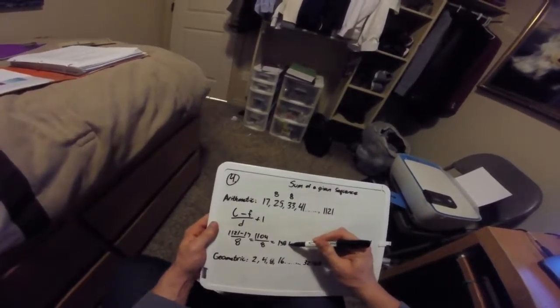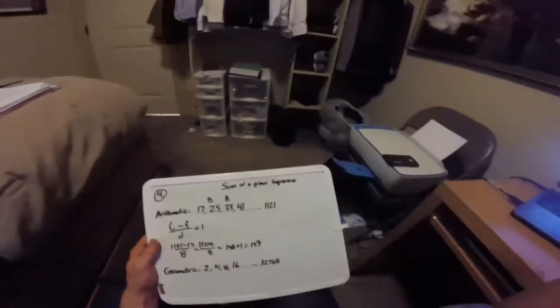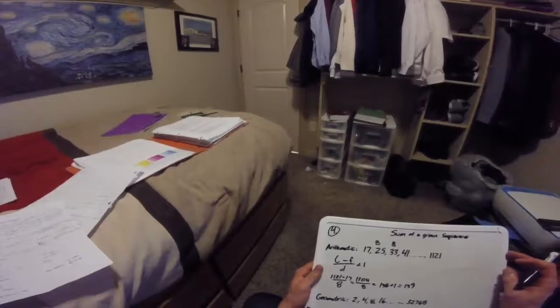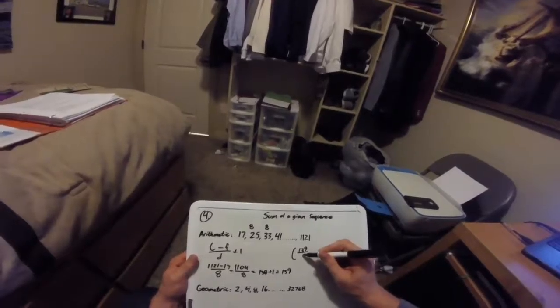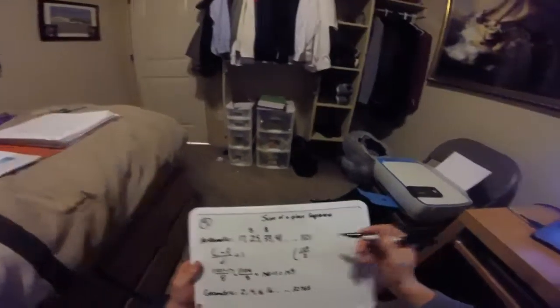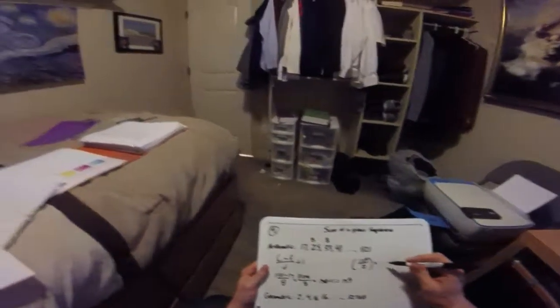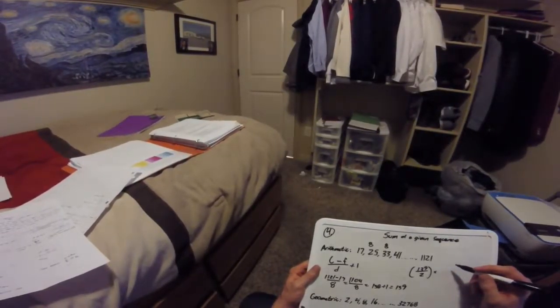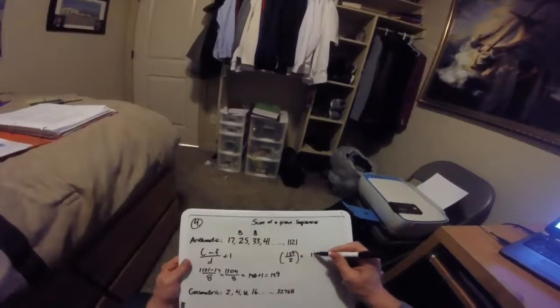138 plus 1 equals 139. Okay, now with this number of terms, we're going to divide that by 2, essentially making it into pairs. We're going to multiply that by the sum of the first term and the last term,